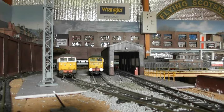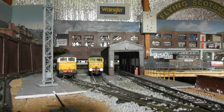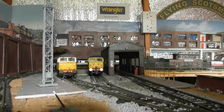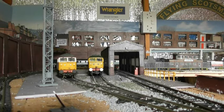Now I've filmed quite a lot this month, so what I'm going to do is call it to a halt there. I'm going to finish off the video with footage of the push-pull set getting propelled into platform 1 by 47708 Waverley, and I'm doing that because next month, the August update, will see me taking up platforms 1 and 2 and replacing them with brand new platforms 1 and 2. And as a little sneak preview for you all,